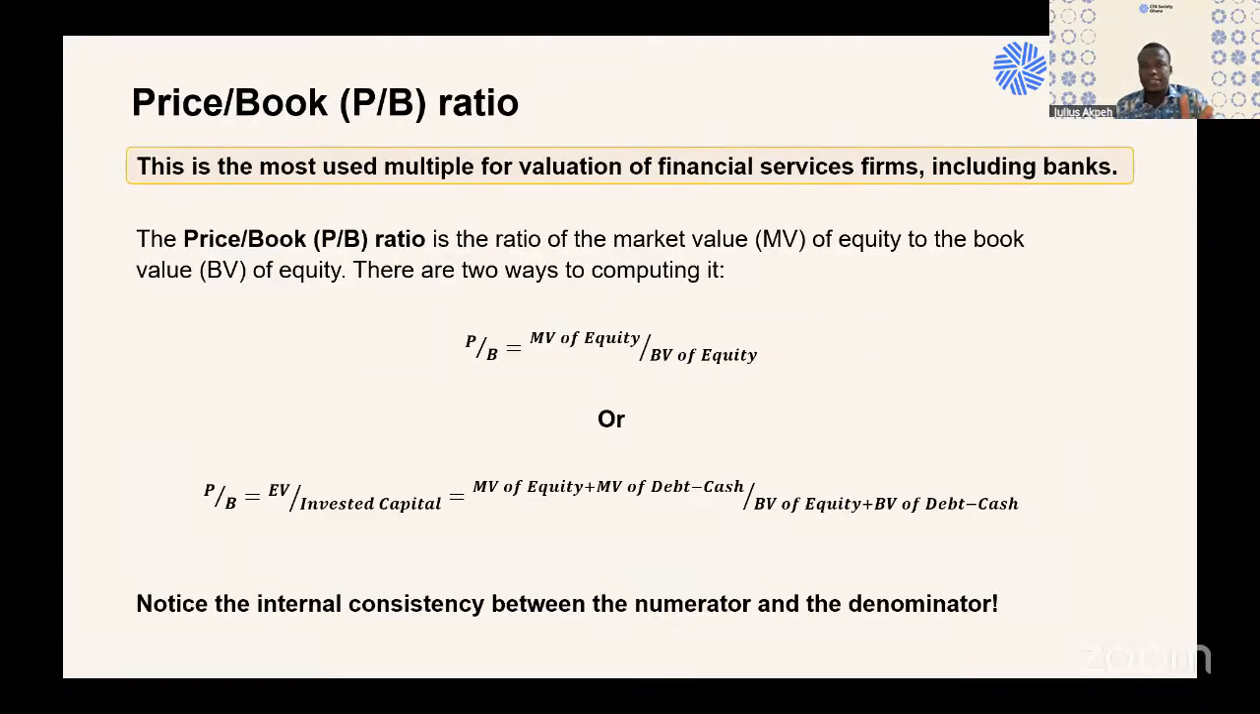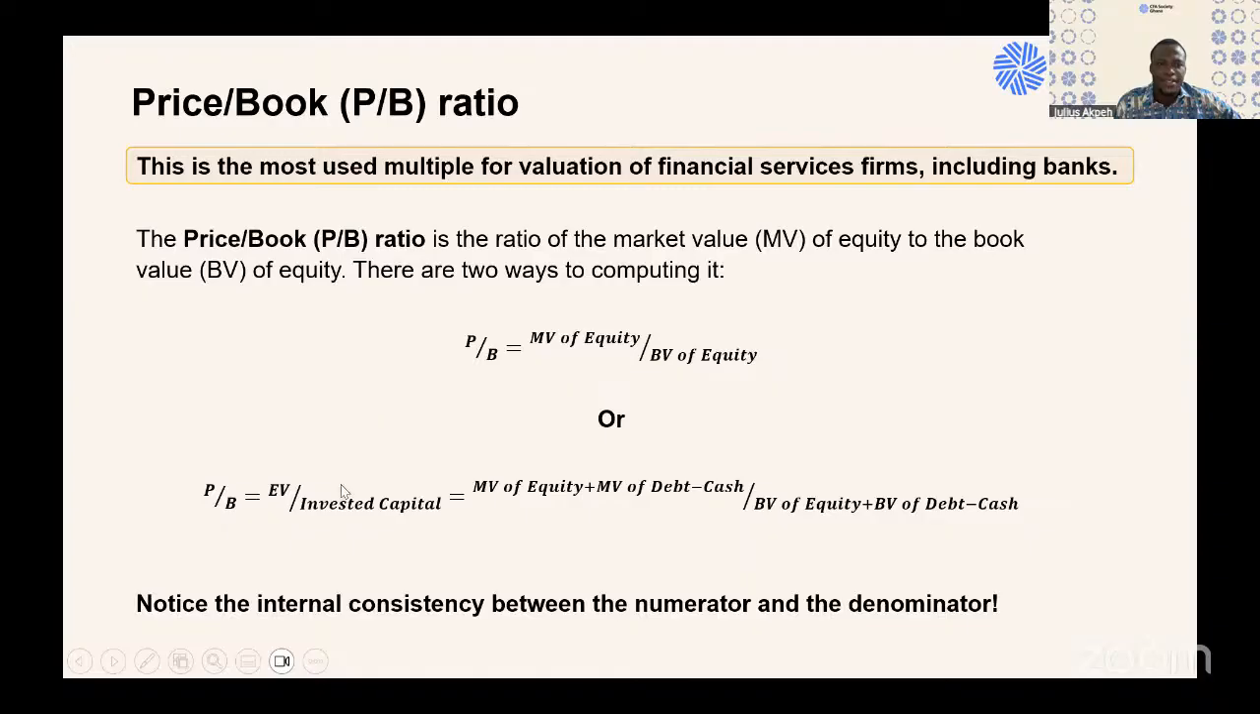Moving to the next one, where we looked at the most important multiple for valuation of a bank, which is the price to book ratio. How do we calculate it? I told you already that for the price to book ratio, there are 2 ways of computing it. One is the market value of equity divided by the book value of equity, and that's what we know. There's another way of looking at it. You can also